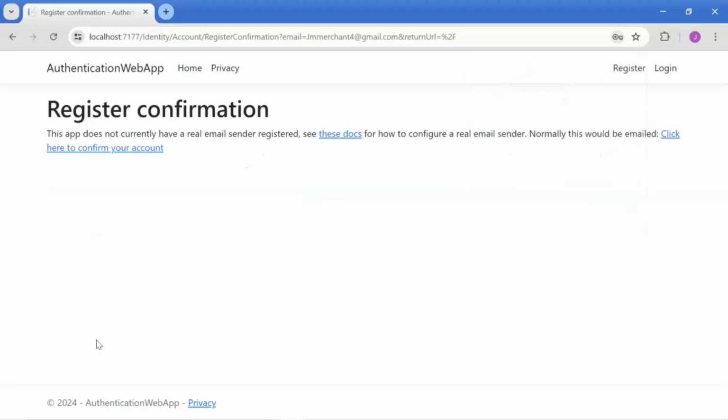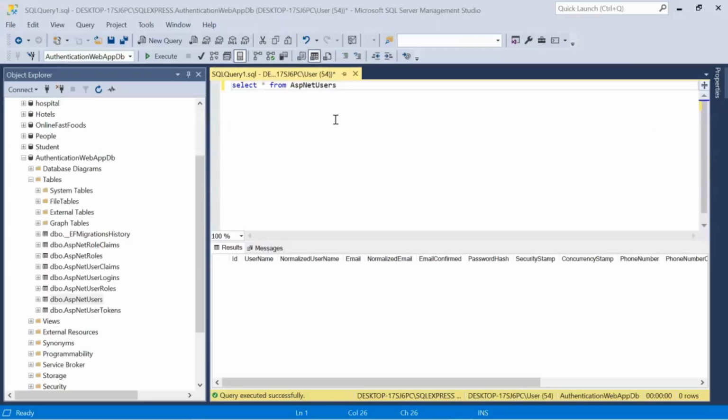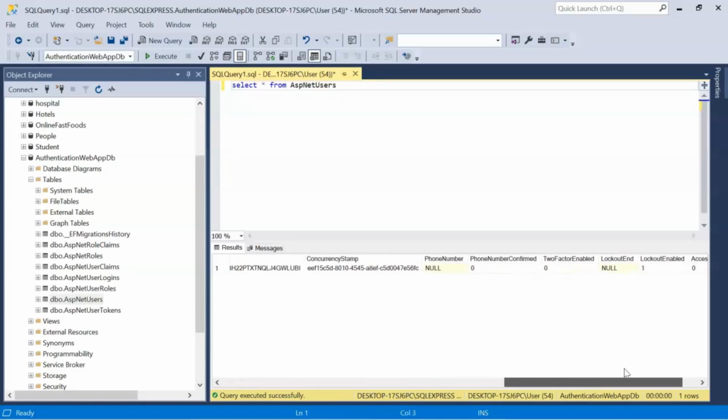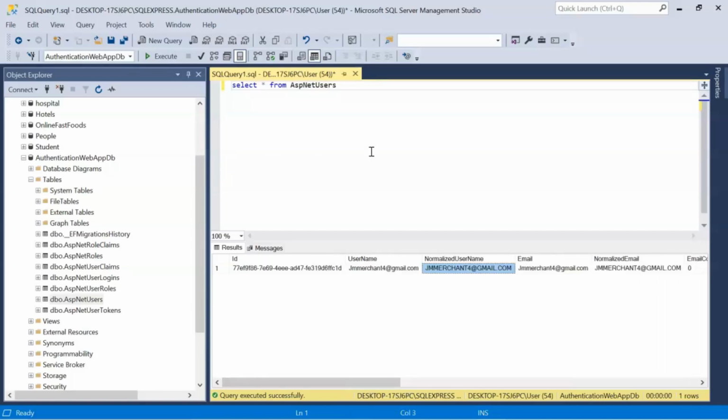Confirmed. Now let's check here. As you can see, a record has been created. Now let's go to the login page and try to log in with the same username and password.